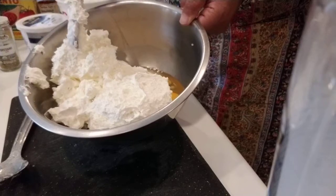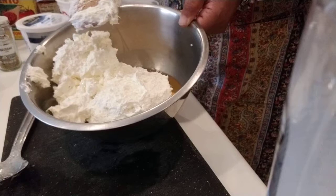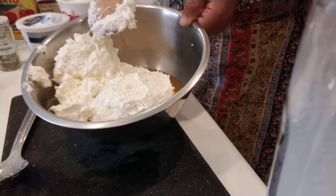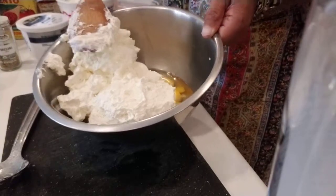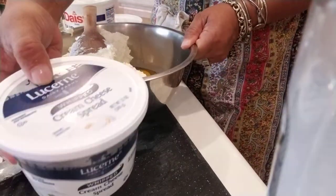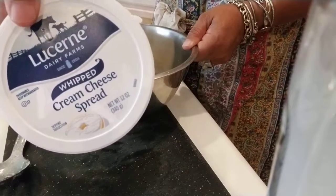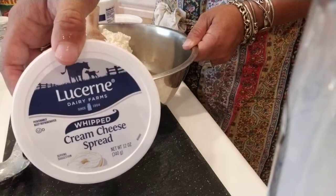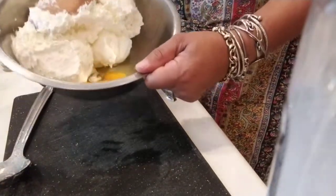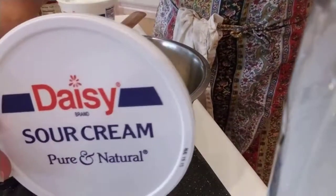I don't like ricotta cheese, so I make my own cheese, and I got this recipe from a young lady at church who doesn't like ricotta either, probably about 20 years ago or so. And so this is 3 of these containers right here of whipped cream cheese. You can use regular cream cheese. Whipped is just a little bit better because it's smooth. So I got 3 of these containers in here, 3 large eggs, and then I'm going to use some sour